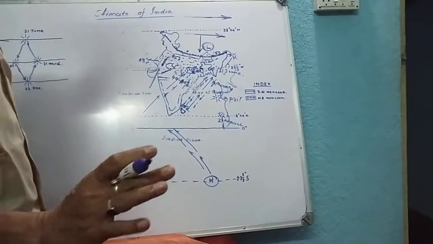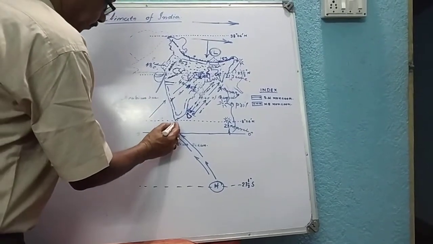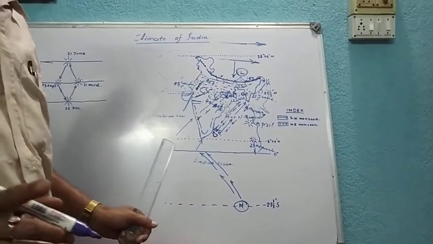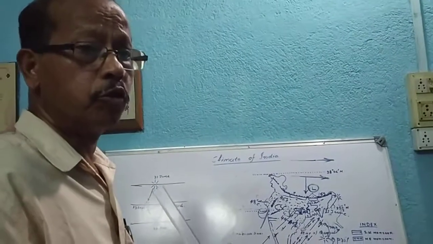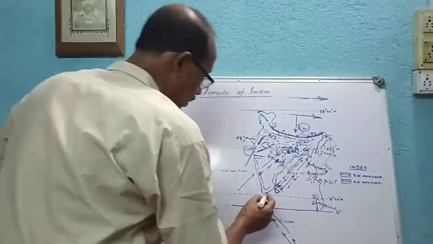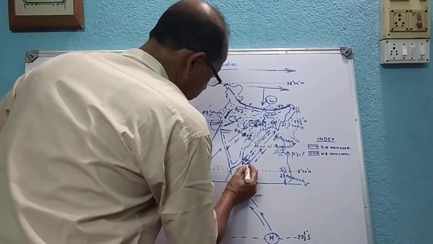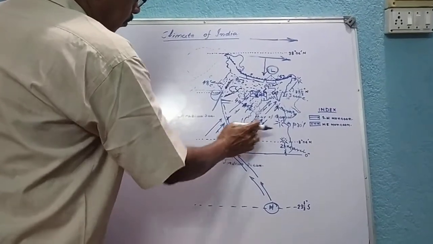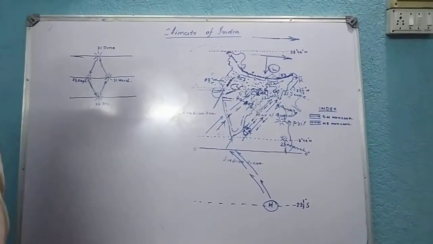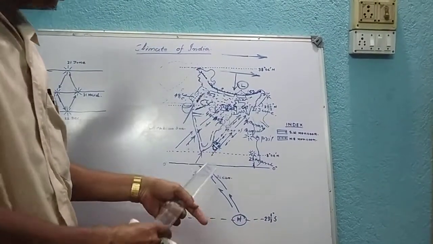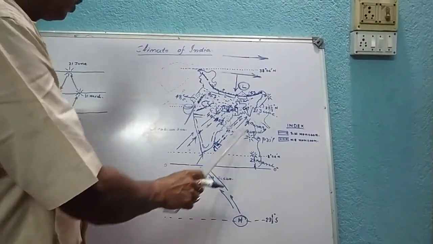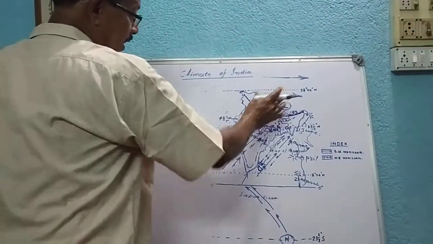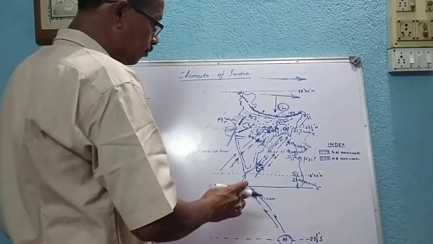After crossing the equator, it turns towards the right once again. In the Cape Comorin, the wind gets bifurcated into two branches. Number one, this is your southwest monsoon. I have already mentioned the southwest monsoon has two branches, the Bay of Bengal branch and the Arabian Sea branch. As it moves from the ocean surface towards the land surface,